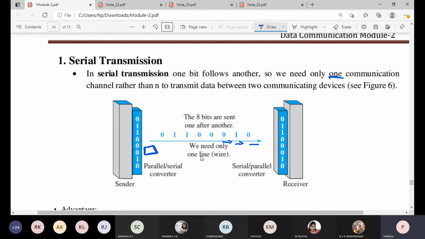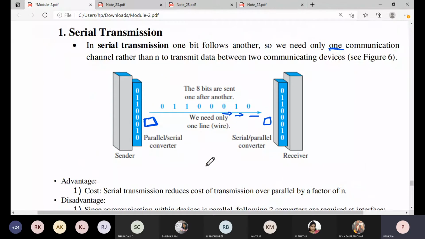The same thing is going to happen at the receiver side. Whatever data is coming, it is in a serial manner. It can send or receive the data only one bit at a time, so it is going to take a lot of time for that. For that reason they will use a serial to parallel converter at the receiver side. So the serial mode is converted into parallel. Then this parallel data, after receiving 8 bits or 1 byte of data, will be delivered to the receiver. This is within the system. Within the system the data is transmitted parallelly, but when it is connected to outside devices, the external link, it is working serially.